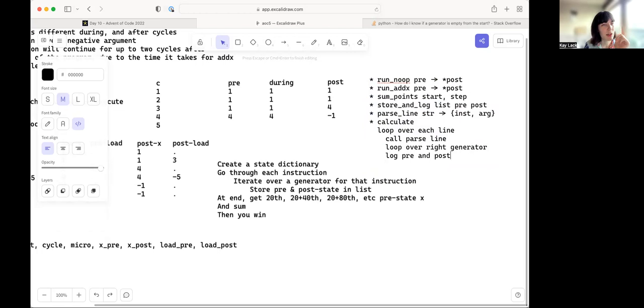I'm going to keep the cycle in the state. So the generator has to capture the state's going to look like